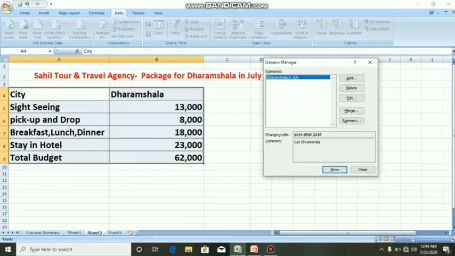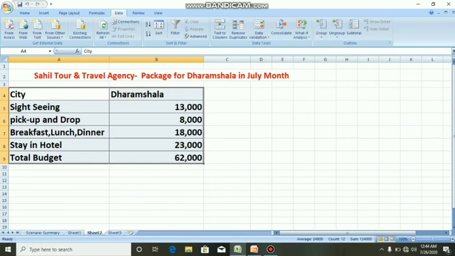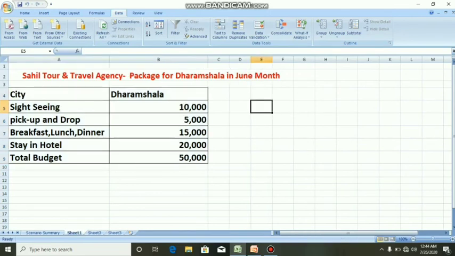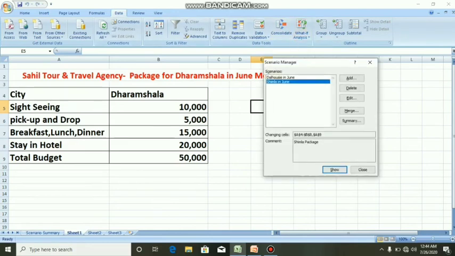If you want to create the other two scenarios that are already typed in sheet 1, we can click on close button, then click on sheet 1, then click on data tab, what if analysis, scenario manager. Here these two scenarios we already created in sheet 1.